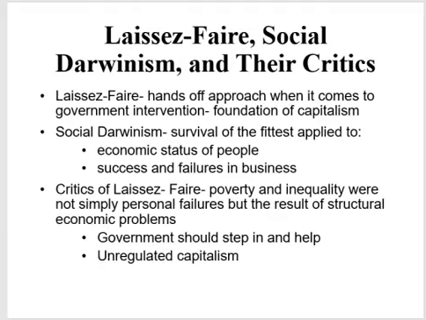Another key idea is social Darwinism. Survival of the fittest was applied to society. And so the argument was if someone is wealthy, it's because they are more capable. If someone is poor, it's because they are less capable, which is not true. But they also applied this to success in business. If your business, your corporation, your empire is successful, then that's just how it was meant to be.